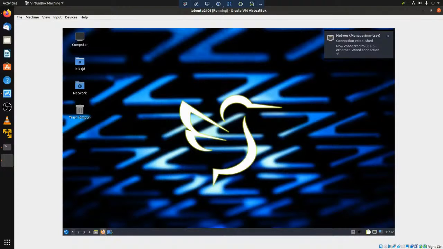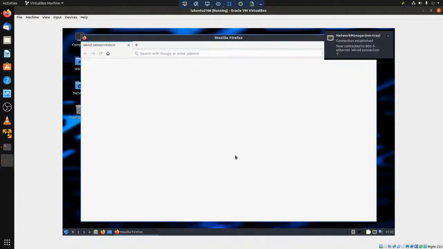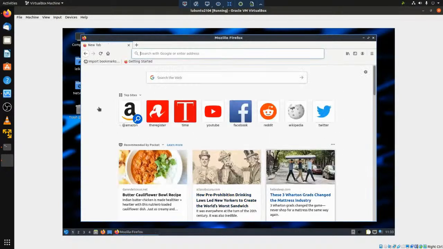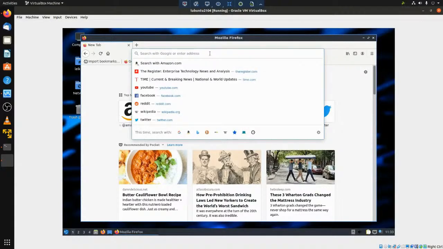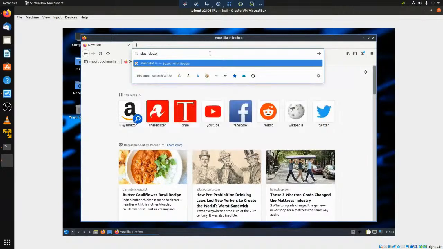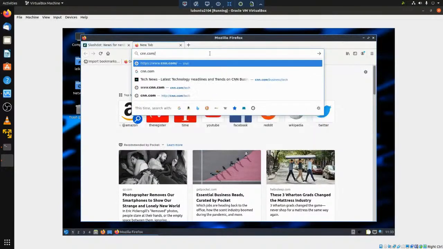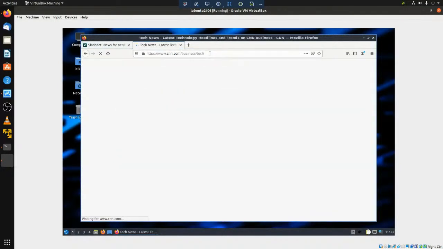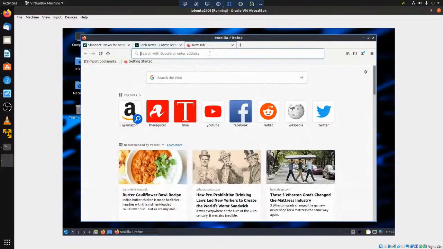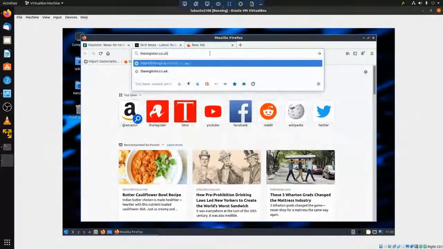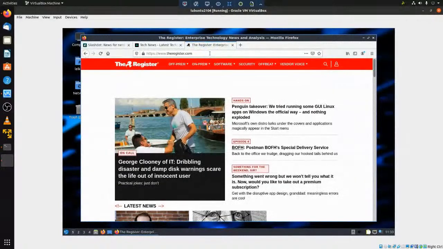And then we'll go ahead and launch Firefox. And so, with a little luck,